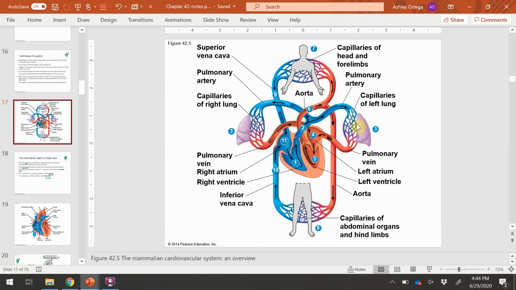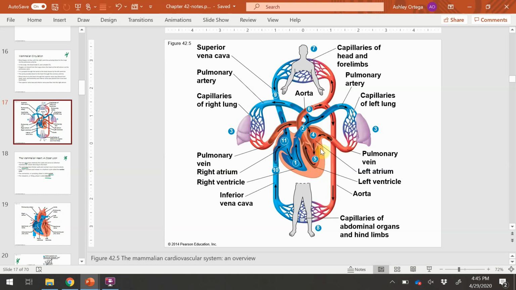So these are pulmonary arteries. The pulmonary arteries will lead to capillaries in the lungs, where gas exchange occurs. And then that oxygen-rich blood is going to want to return back to the heart from the lungs. So returning to the heart will be a vein, and coming from the lungs will be pulmonary. So these are pulmonary veins. And from there, it's going to go to the left atrium, where it's going to temporarily fill up with blood. That's going to send it to the left ventricle,